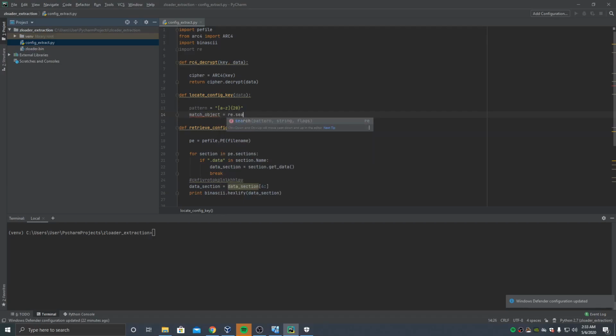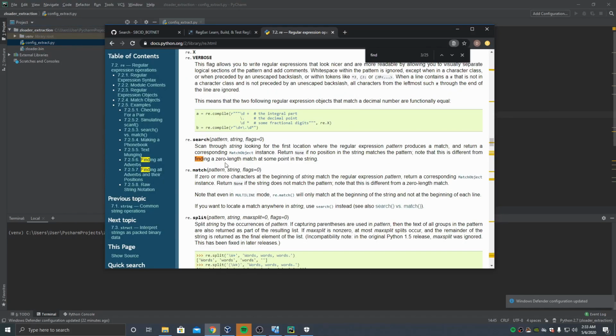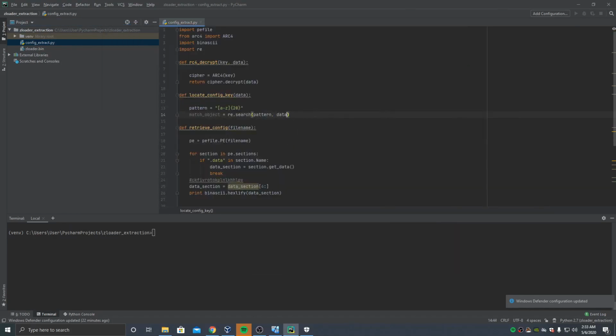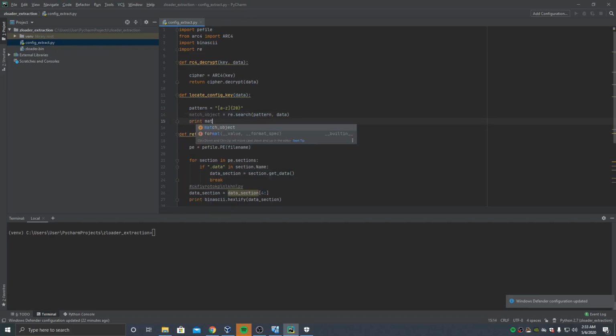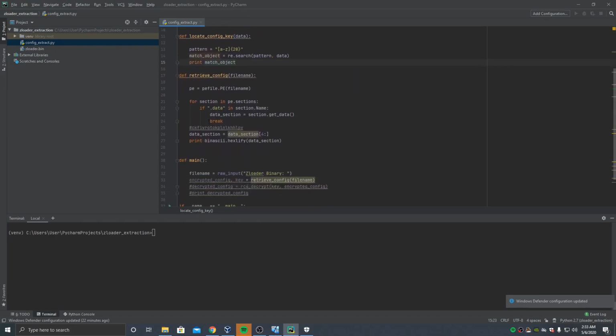So let's put in match object equals re.search. We take a pattern, we take the string data, and there was one other value in there, flags, which we don't really care about in this case. So we have match object equal to re.search pattern data. Now if we print match object just to see what the output is, let's pass our data section into this locate config key function. Now let's run the config extractor,